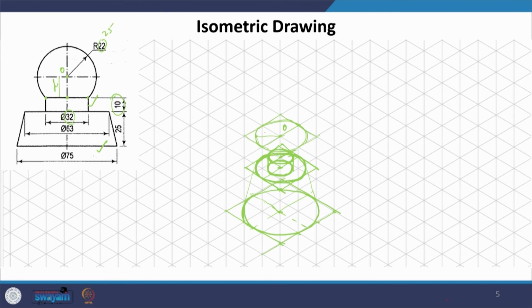Okay. Taking this as center, this as radius, we will now draw an arc, but this will not be complete. At this point, we will have an abrupt cut, which is going to be this. Okay. So, now if I darken this one, you will see that we have